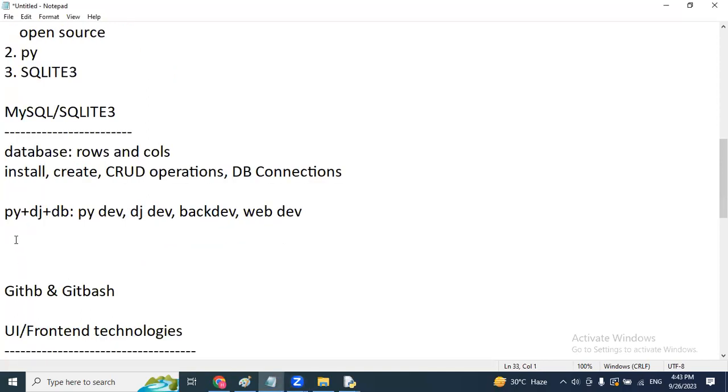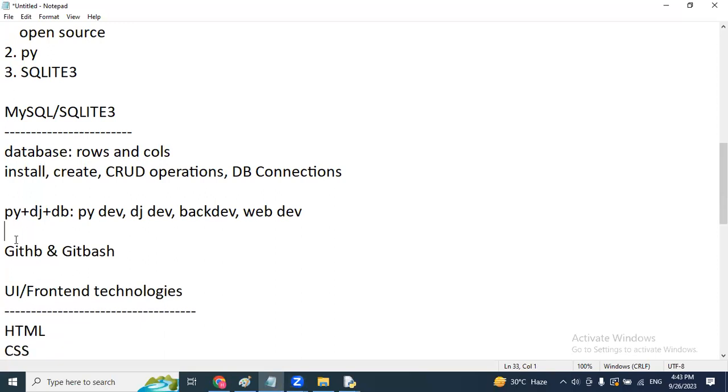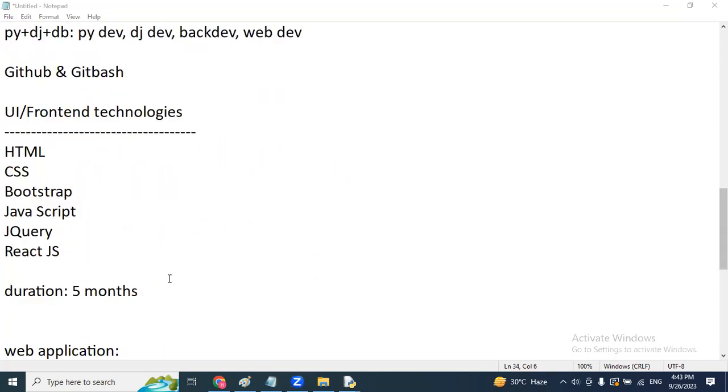Along with this, GitHub and Git Bash, this is a common thing. Not only for Python full stack, for any platform also, we can use GitHub or Git Bash only. So these are about our backend technologies in our course. And once we finish that, next we are going to focus on UI or front-end technologies. Backend is important and front-end is also